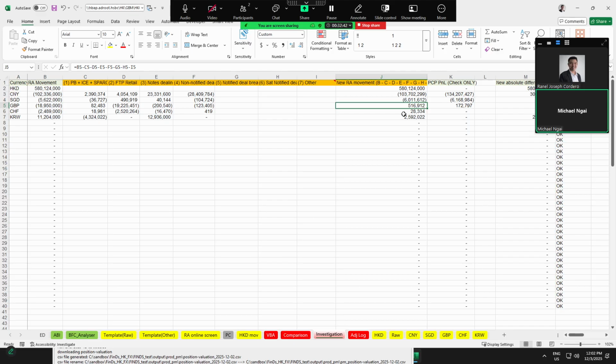For Korean won, we just ignore it. For Chinese dollars, we also ignore it because nothing much changes. For Hong Kong dollar, it's actually due to the FTP retail, but I'm still finding a way to include it in the automation because Hong Kong dollar is not really intuitive. Hopefully I will understand and can teach you later.